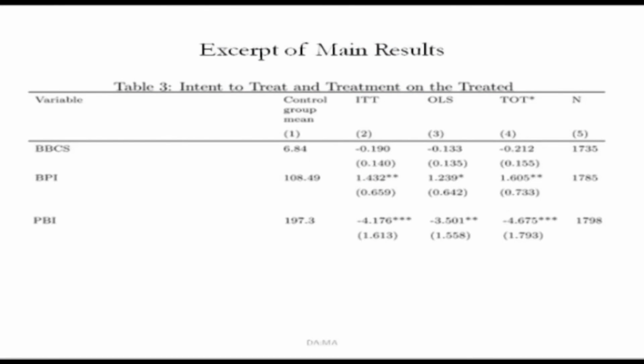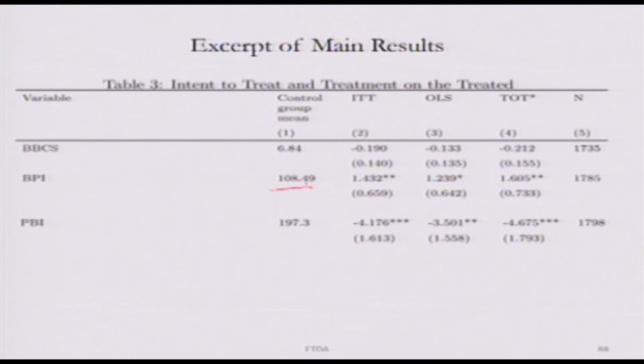So, here in this table it gives you the results from the estimation. What you have is, in the first column just gives you the mean of the control group, so that you can calculate the elasticity changes, or you can see how much did it change with respect to the mean value. In the first column you have ITT, so Y regressed on Z, on the IV or on the program assignment,